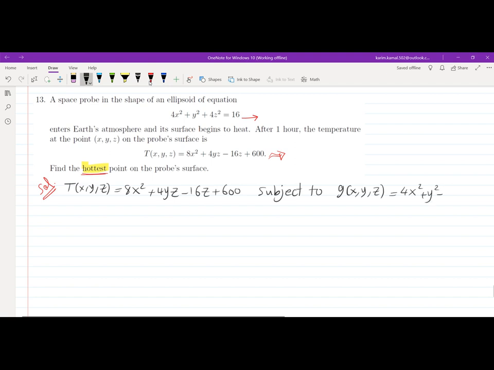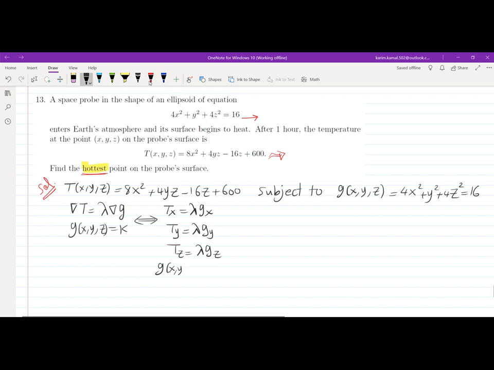We have to apply the Lagrange multipliers method, which is nabla T equals lambda nabla G, according to G of x, y, and z equals K. This equivalently can be written as Tx equals lambda Gx, and Ty equals lambda Gy, and Tz equals lambda Gz, according to G of x, y, and z equals K. وده يا جماعة كده الشكل العام بتاع البروبلم بتاعتنا اللي احنا عايزين نعمل لها إيه؟ نعمل